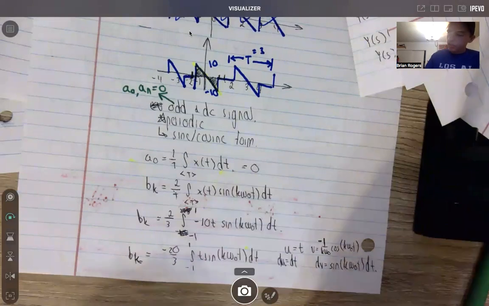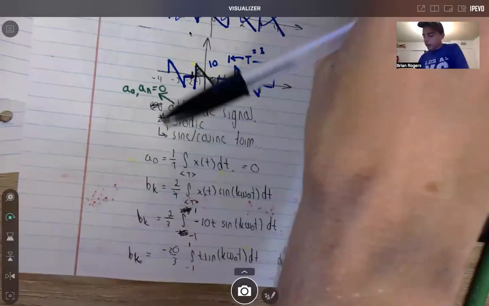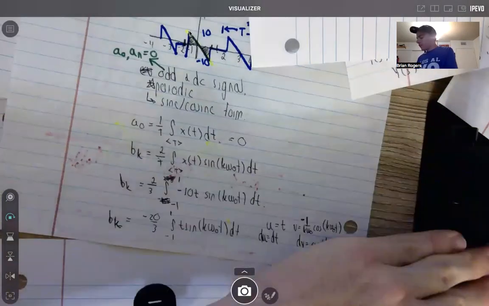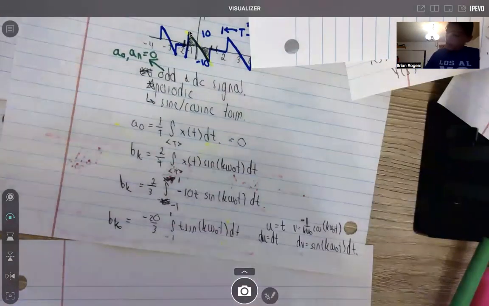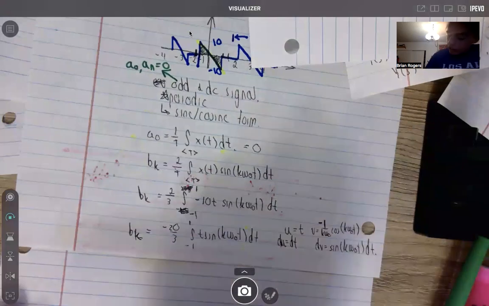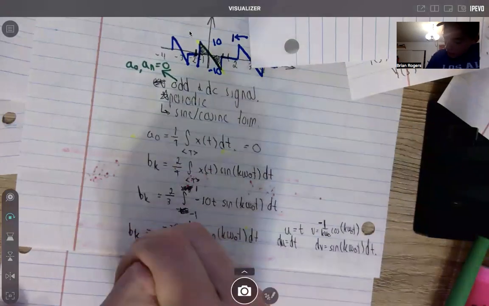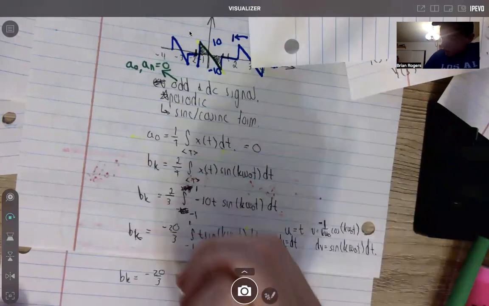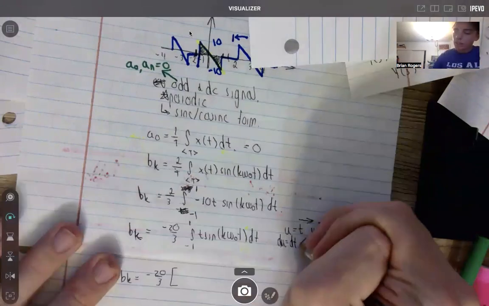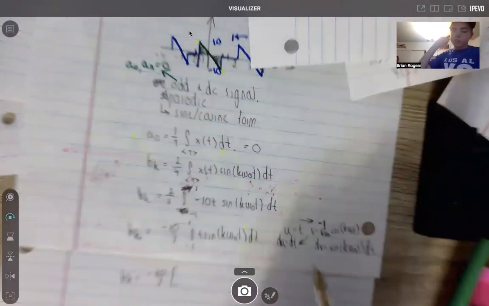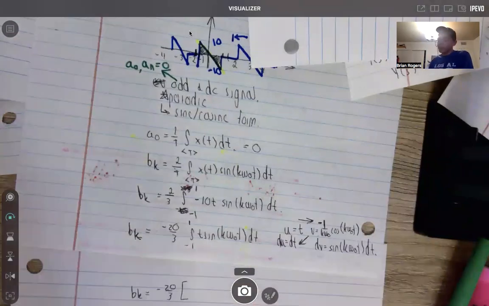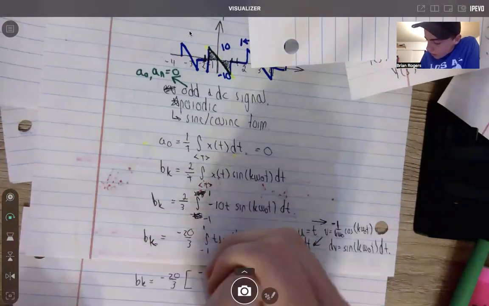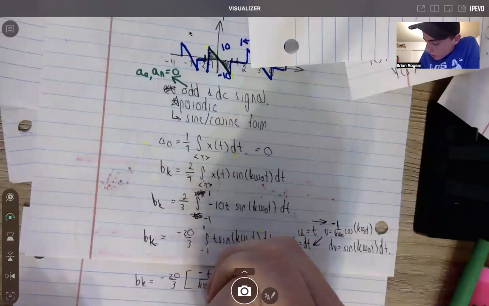And then what we need to do here is format these. We've got our b of k, so let's solve this integral. b of k is equal to negative 20 over 3, and then we do uv minus the integral of v du. I say ultraviolet voodoo, that's how I remember it: uv minus integral v du, ultraviolet voodoo. Some people like it, some people hate it, I like it. So negative t over k omega naught cosine k omega naught t,